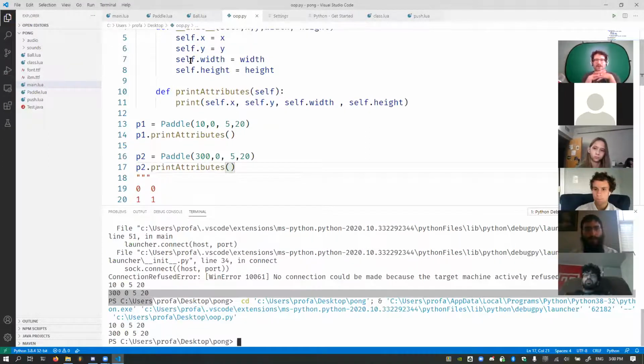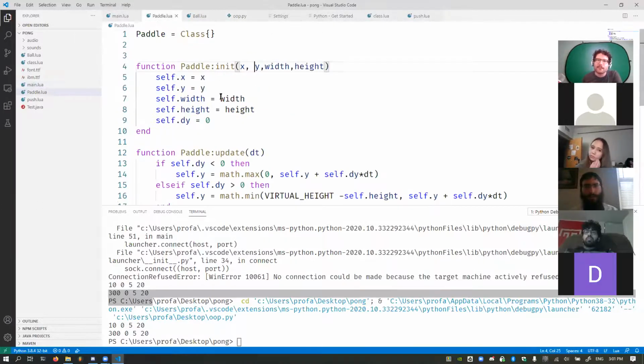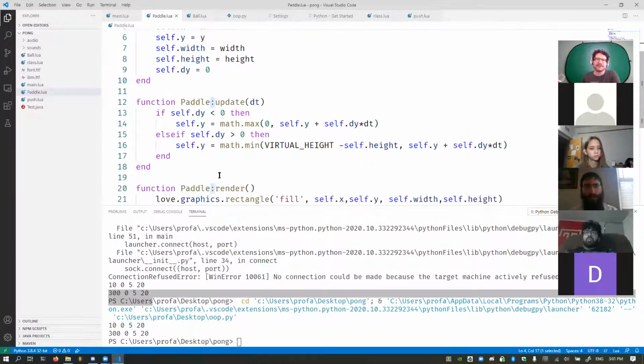All right, 10 and 300. So notice I've created a function that they can both use. That still doesn't fix the whole printing out thing, to which I'll get to, I think, before class. Now, in Lua, these methods, instead of using dots, they use colons here. That's really the only difference.